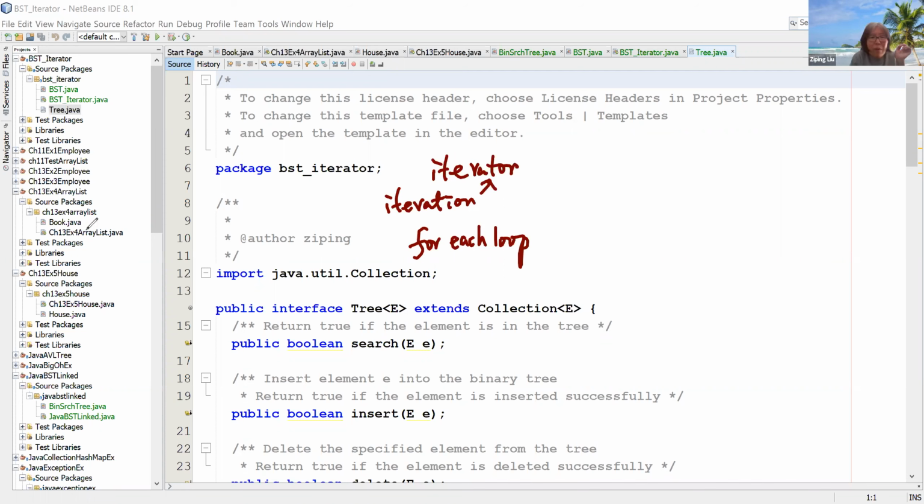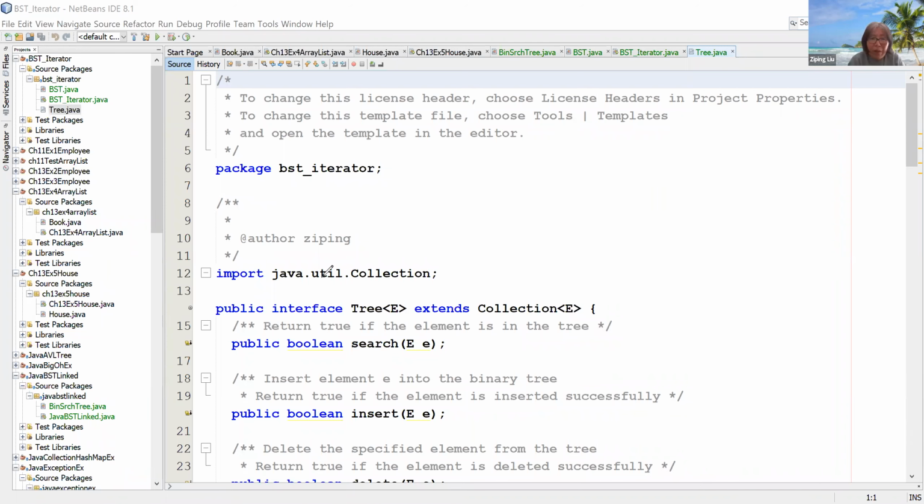If you use my version, this linked way, you cannot use the for each loop, because Iterable is not implemented. So over here, in the next implementation, we try to also support the for each loop. So then let's see the iterator issue, okay? So over here, we also try to follow